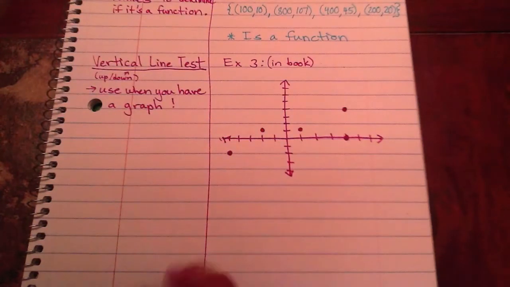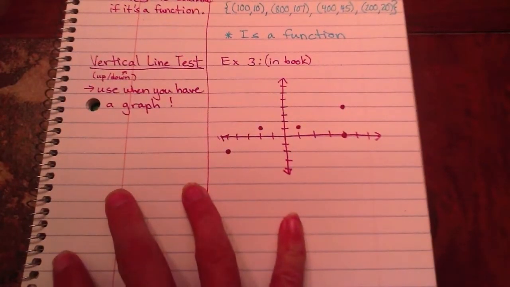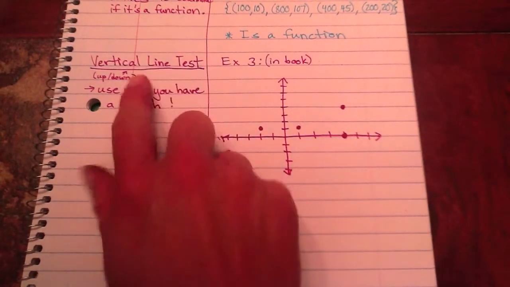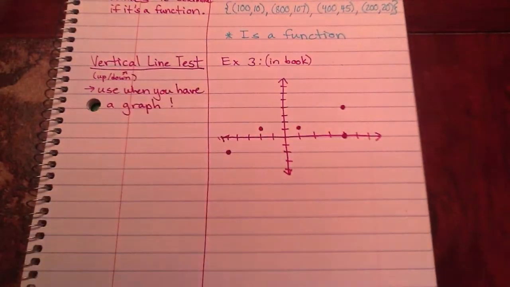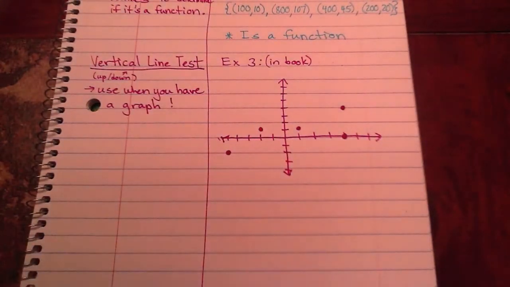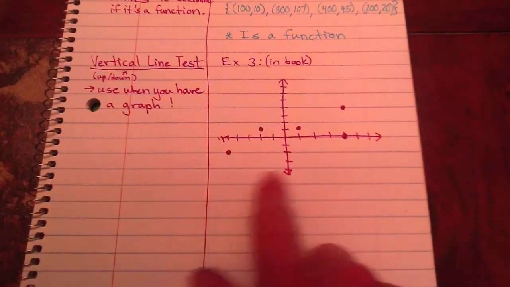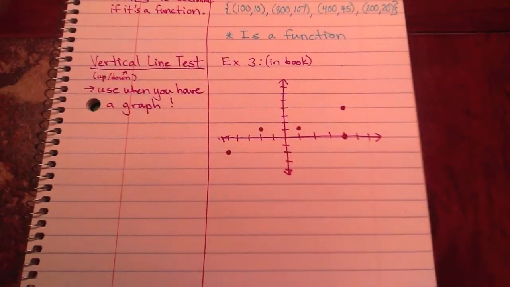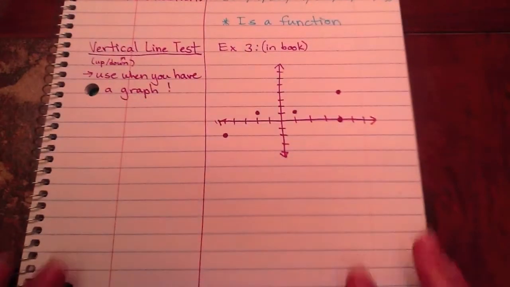The last test you can use to determine if something is a function or not is the vertical line test. Vertical means up and down, just in case you forgot. The only time you're going to use this is when you already have a graph. So go ahead and copy this example down. I know these are probably hard to figure out, so I'm going to go ahead and write them below